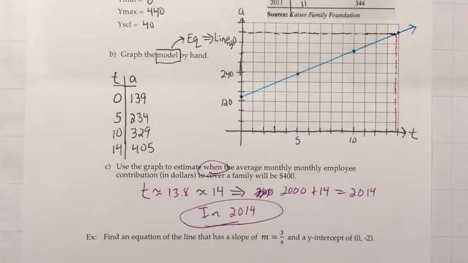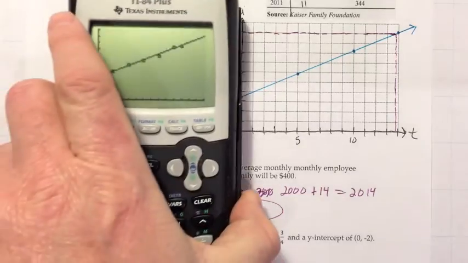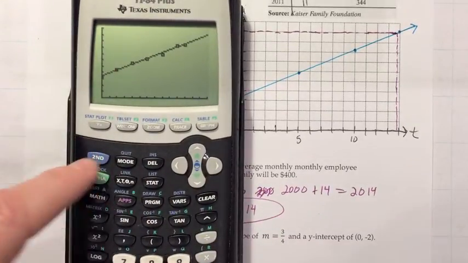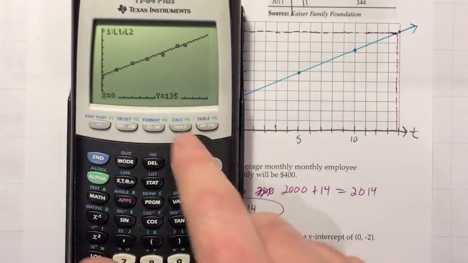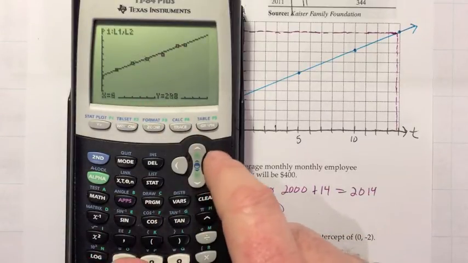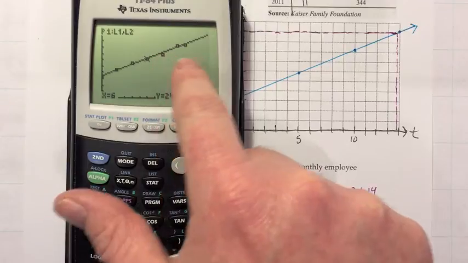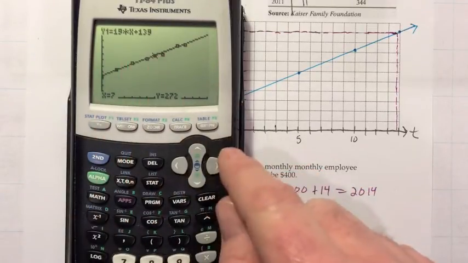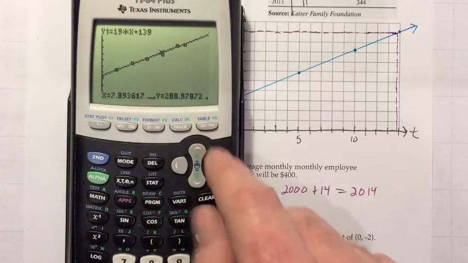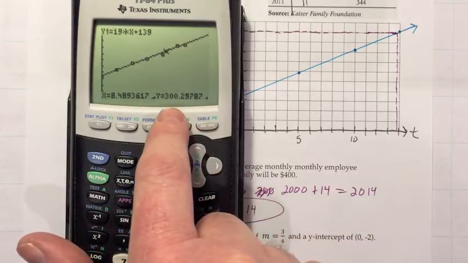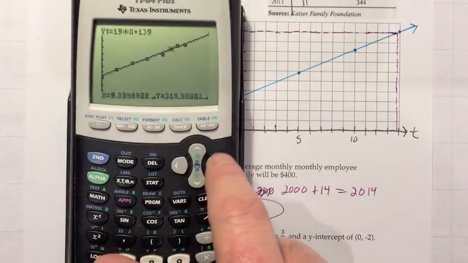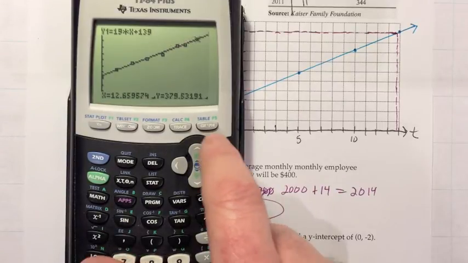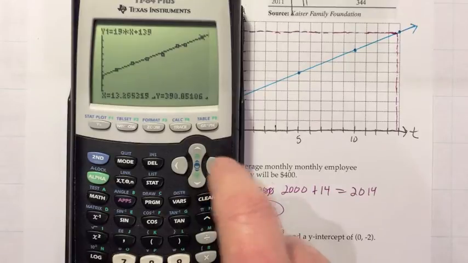Now, one of the nice things about having put that in the calculator is if we bring the calculator back in and we hit the trace key, it'll put us on our plot at first, which is the data values themselves, so it'll jump from square to square. But if you hit down arrow, it'll switch it to the line. And if you move around on the line, it's telling you the x and the y, and here's the y value, which is the cost. So I just want to get that as close as I can to 400. So I'm moving across on the line, still under 400,